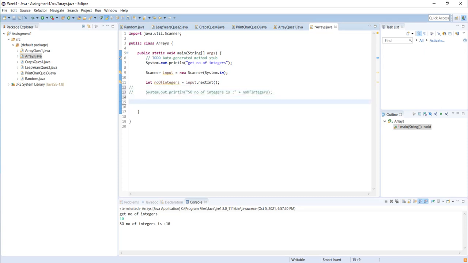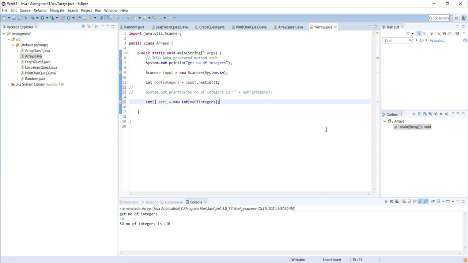Then I'll create my array. Since my array is an integer array in this case, I'll call my array array 1, and to allocate the memory to the array, I do this.